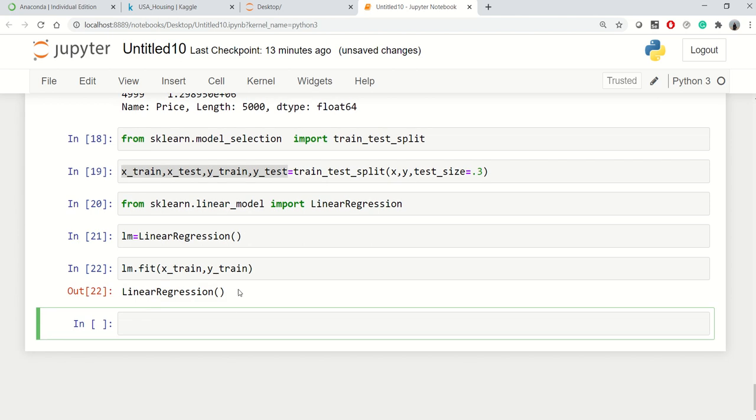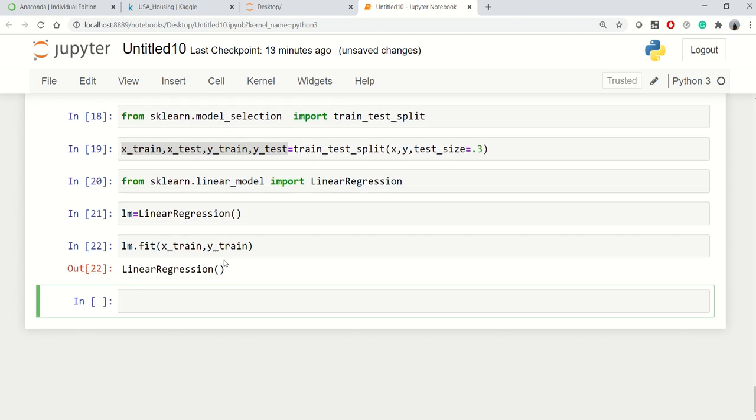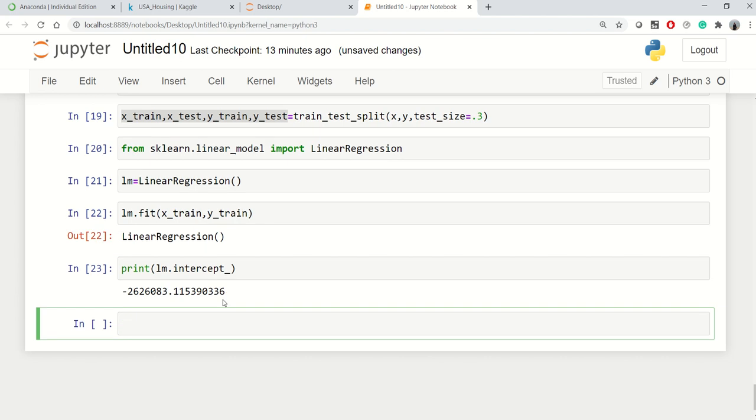Okay, now the training has been done. Now let's go ahead and see what is inside this. First of all, we can get the value of our intercept. So I'll say print lm.intercept_, and this is giving us the value for intercept.